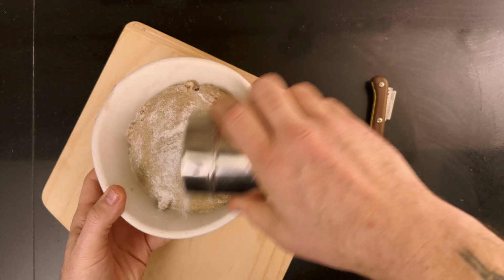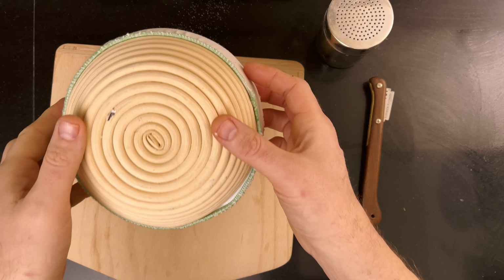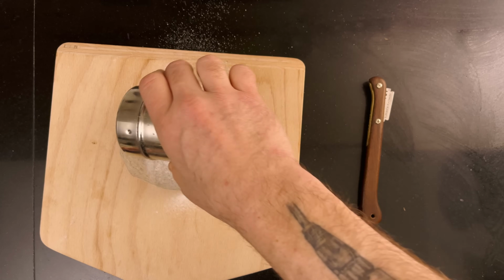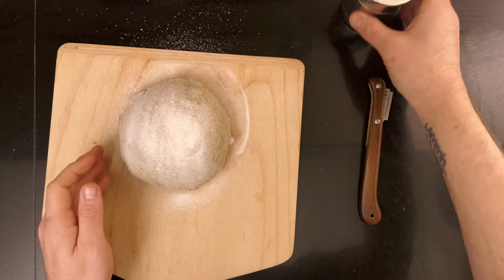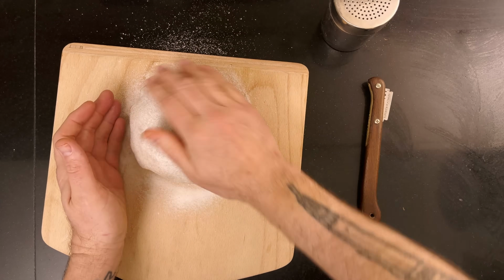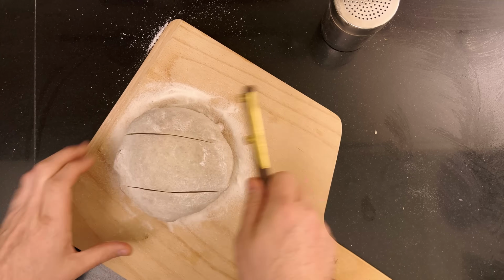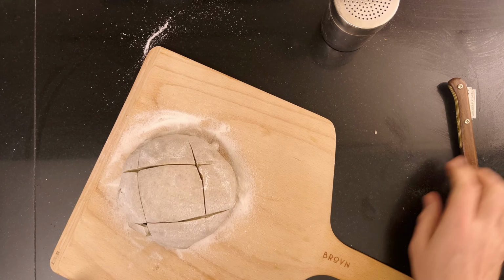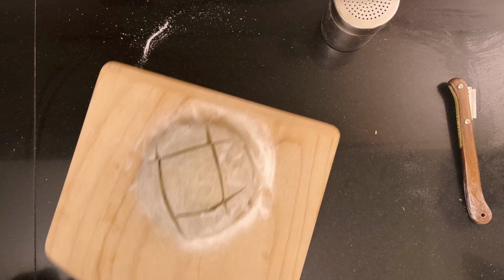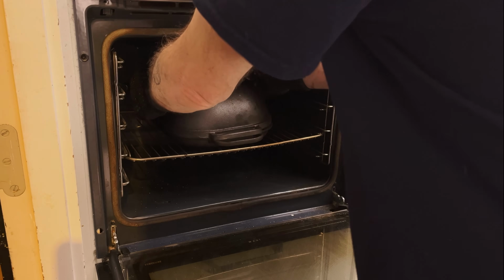Dust the bottom with rice flour to make it slide off the peel easily. Flip it onto the peel. Dust the top with rice flour for a cool look, or don't, it's all up to you. Then score the dough. And put the dough inside the Dutch oven. Put the lid on the Dutch oven